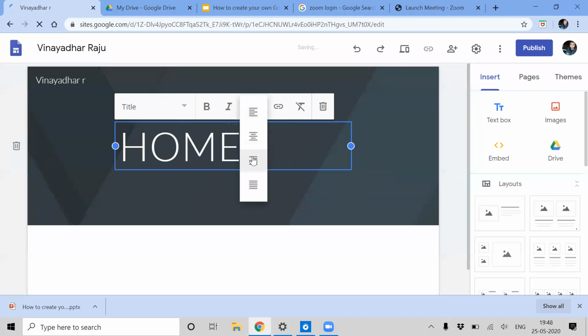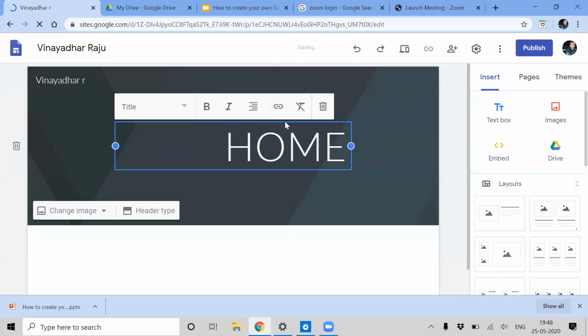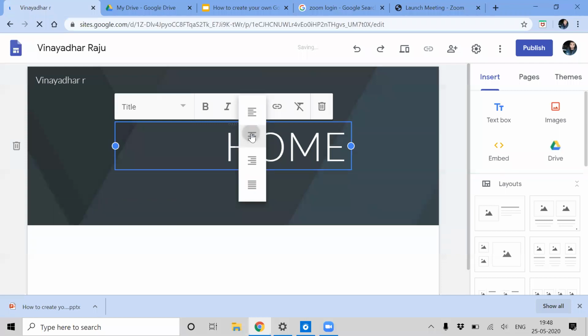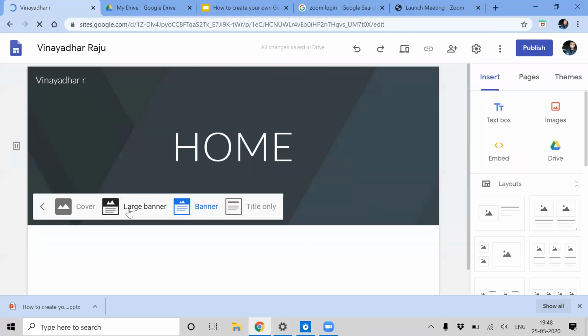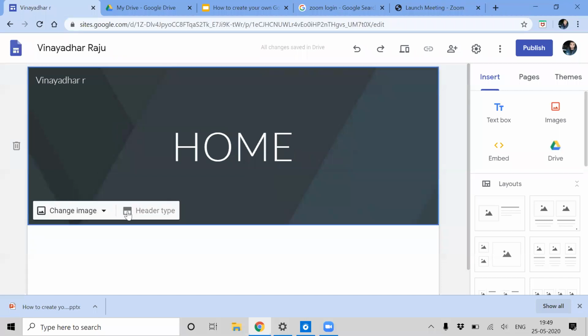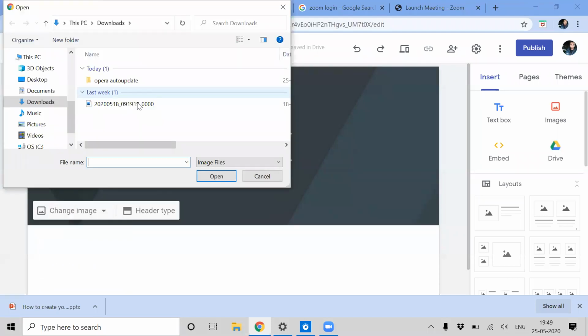I want to make it centered. I want to add a header type also. The header type will be like this, a banner with text, so I can use both. We can upload our image.